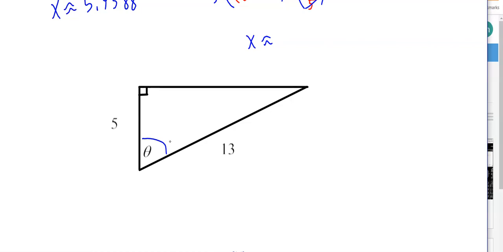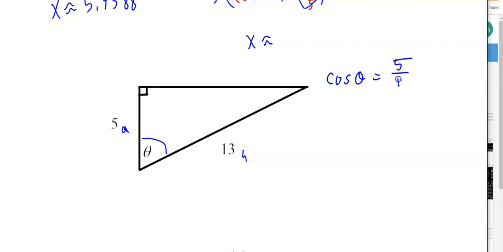Okay, so let's try this one. You've got to figure out if it's sine, cosine, or tangent. SOHCAHTOA. So I have the adjacent side here. Sorry, I have the hypotenuse here. So this is definitely going to be cosine. So cosine of theta